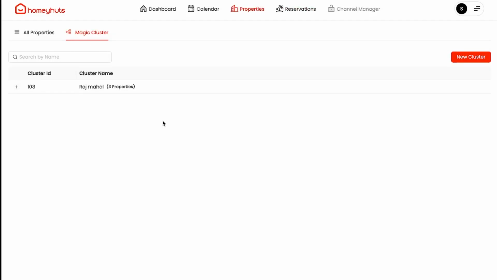Your cluster will be created. Then again, if you want to create a new one, you can go here and click on plus. You can see the parent listing and the child listings which are connected, just to reconfirm your property. This Magic Cluster helps us avoid double bookings if you have created child listings of the property.